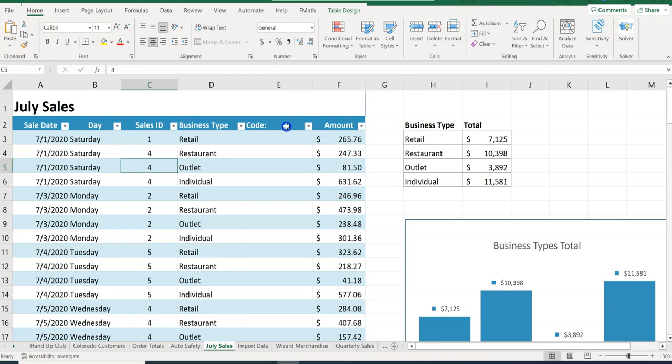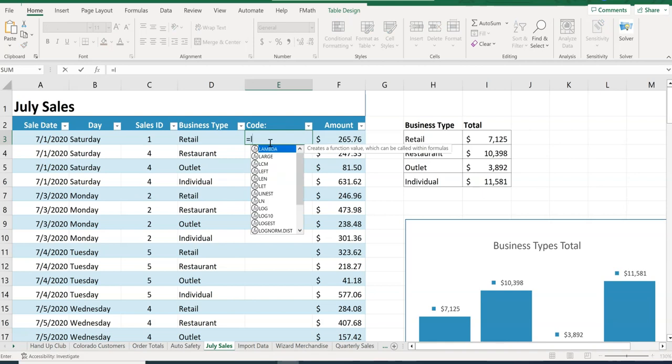Next, in the code column, here's the code column. Use a function to display the first two characters of the business type from column D. So if you remember, we've done left functions and right functions. And on this, we want the first two characters of the business type. This is actually our left function because we're going to the far left, and how many over from the far left. Okay, so equals LEFT